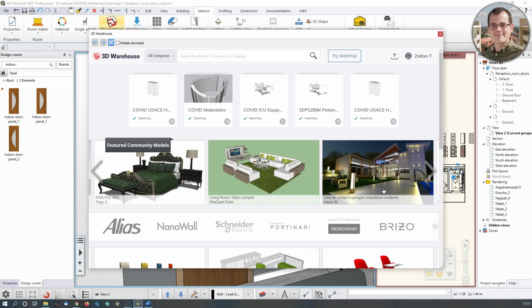The only thing you have to care about here is that if you download something, you might end up with incorrect sizes, because more often than not, these objects are made by enthusiastic amateurs like myself. So you might not find them in the right scale or right color, so there's some afterwork needed, which I'm doing in this case as well. So what I'm looking for is a sliding door. If I type in sliding door,